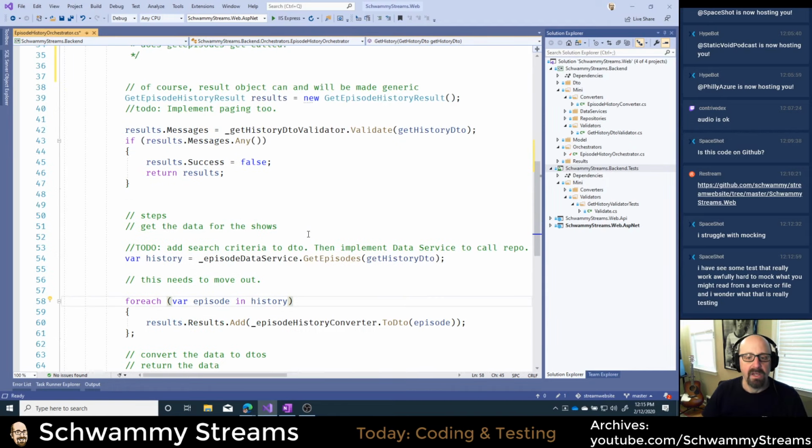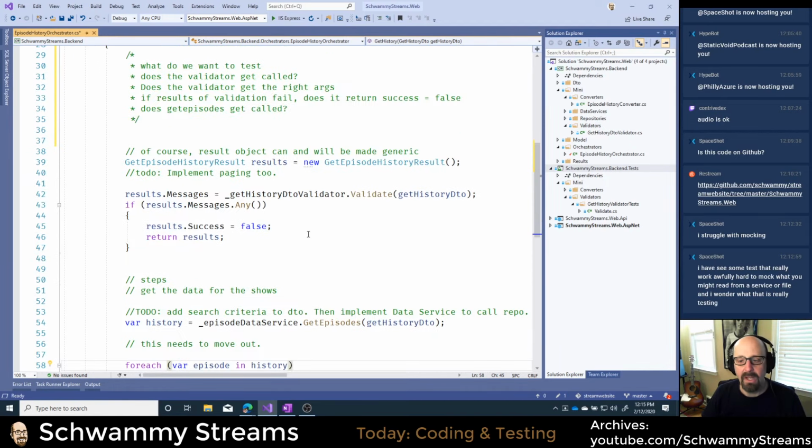Now, you might look at this and say, well, it seems kind of obvious that this is going to get called. I can see the code right here. I can see the code, and it's going to happen, right? Well, sure, it's going to happen. Just like some of the examples we have, the code is fairly simple, and so we can read it and kind of get a good idea that it's going to work. But what we're doing is making sure, like, what happens if I had something like a knot in here, right?